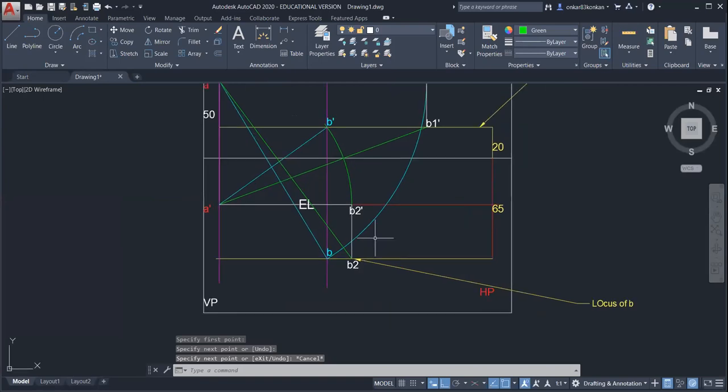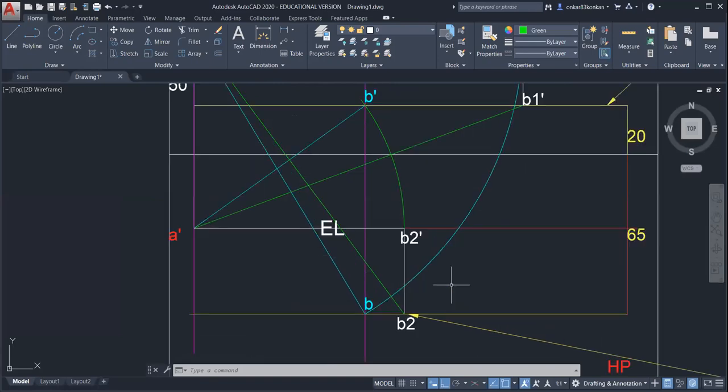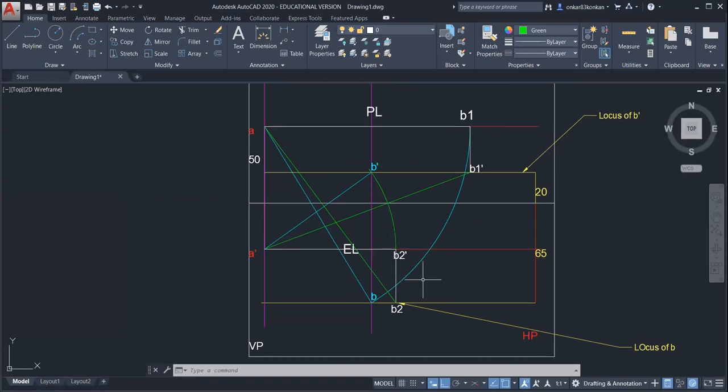Okay, so this A dash B1 dash is a true length in the front view, and A B2 is a true length in the top view. And then you can find out the inclination with the HP and VP and also the true length. So you can check the true length.